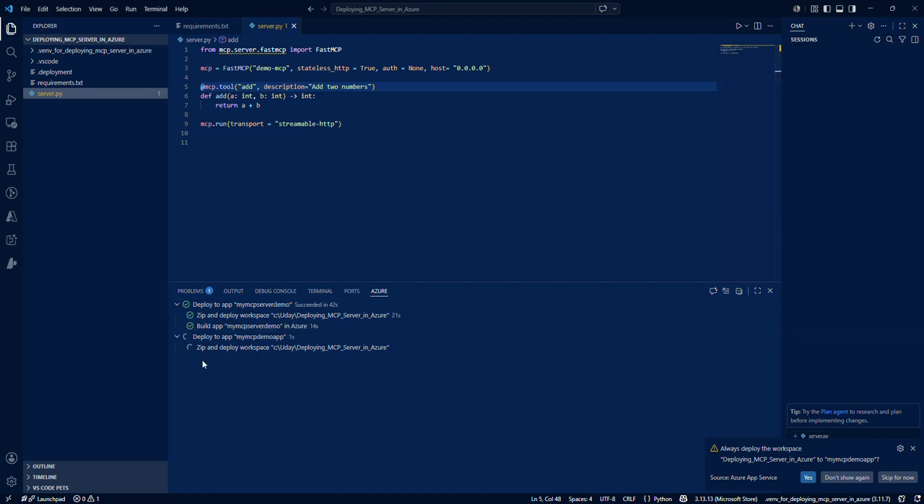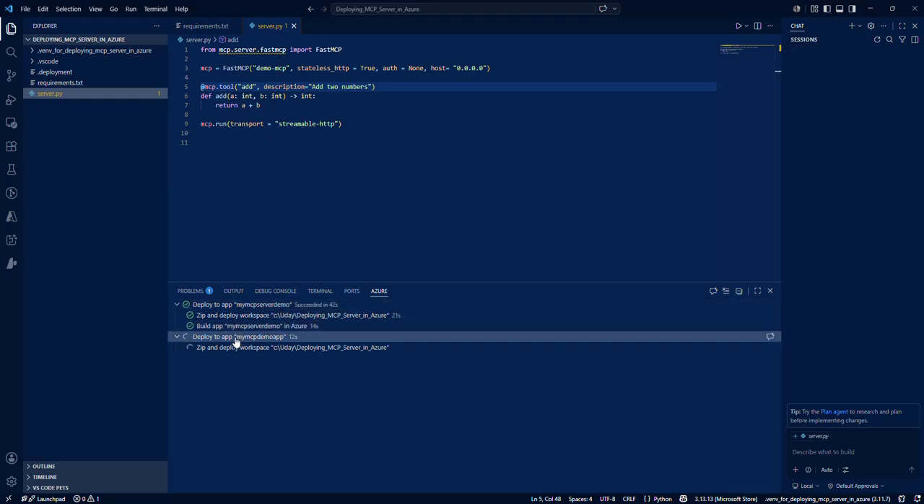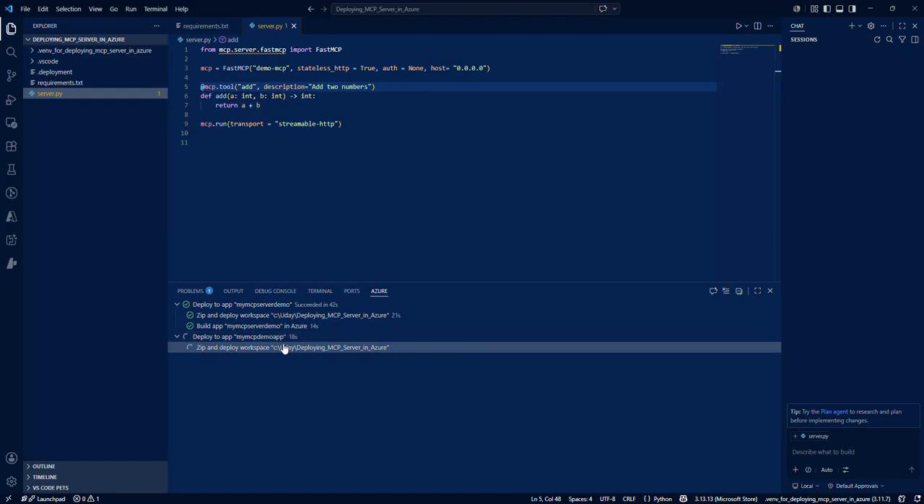If you notice, the deployment is in progress. Previously I have deployed once in this app, my MCP server demo, and I am deploying again in my MCP demo app. It is still in progress. And meanwhile, if you notice, when we click on deploying this application into our Azure,